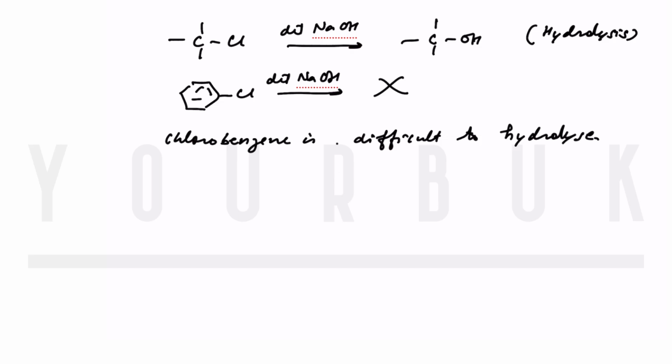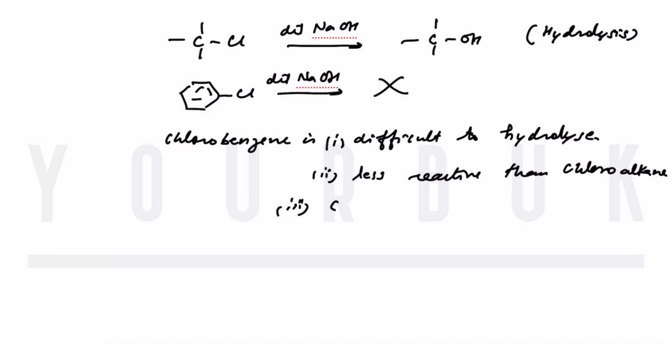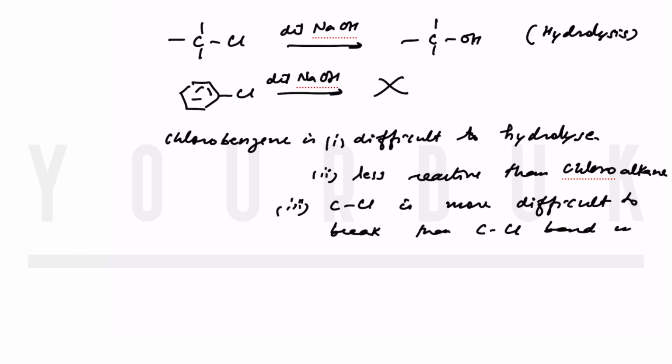It means chlorobenzene is less reactive than chloroalkane. It can be any alkane. It means the C-Cl bond is more difficult to break than the C-Cl bond in chloroalkane. Now, if you look at chlorobenzene,